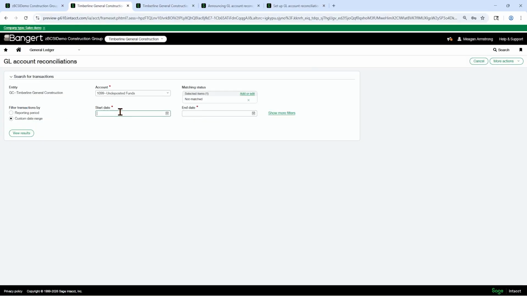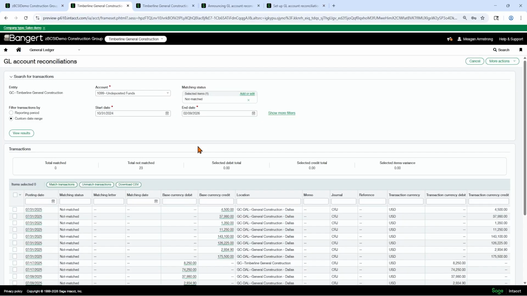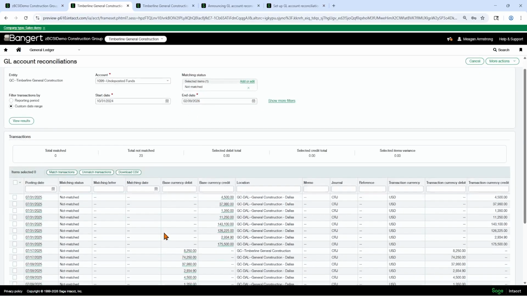I'll do a custom range, and you can do this by month if you want, but I'll do this through today. I'll hit View Results. This is just showing the unmatched transactions.